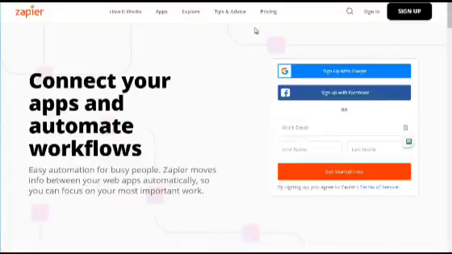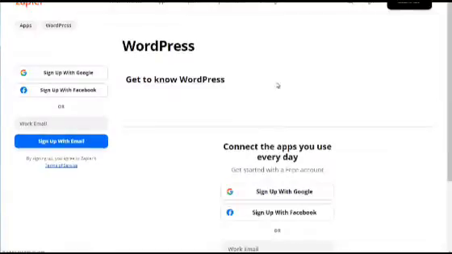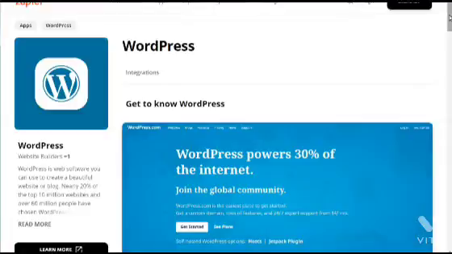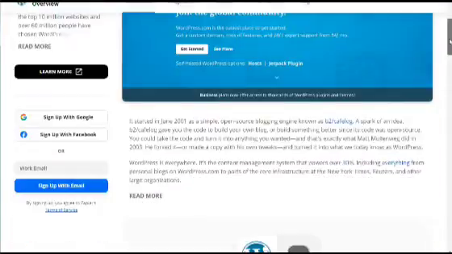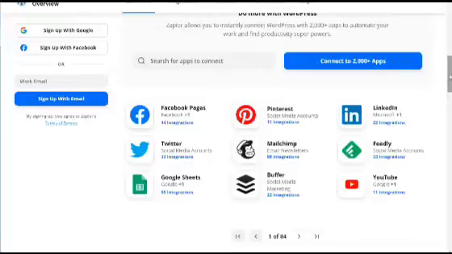But if you go to Zapier and you do a search, let's go to here, do a search for WordPress, you can kind of get an idea of all the sorts of different scenarios that are available to you. So what this will do is it'll connect to your blog like so, and then you can connect them to all sorts of other apps such as Facebook pages, Pinterest, LinkedIn, Twitter, and all these other social media platforms like